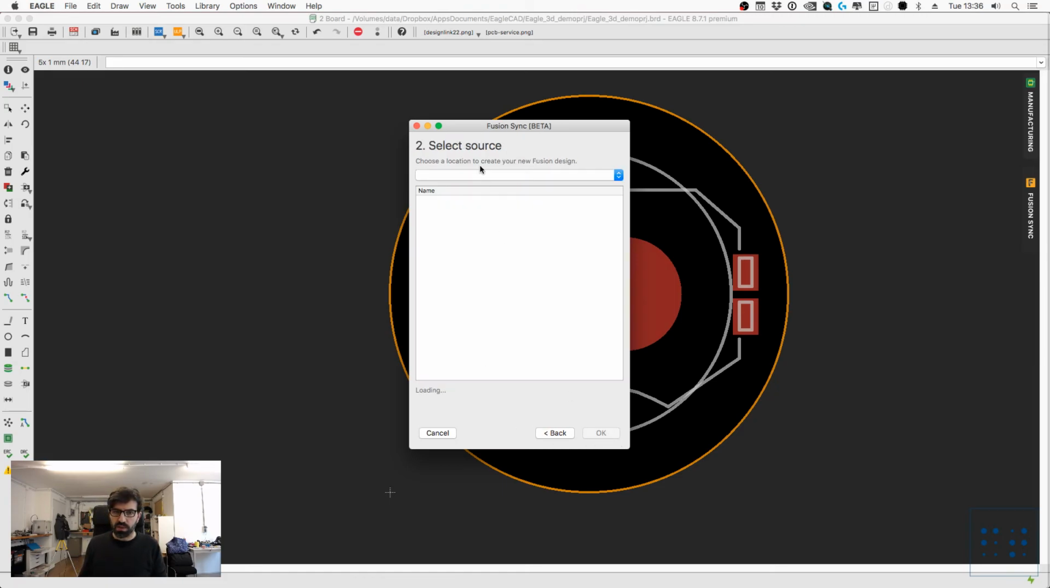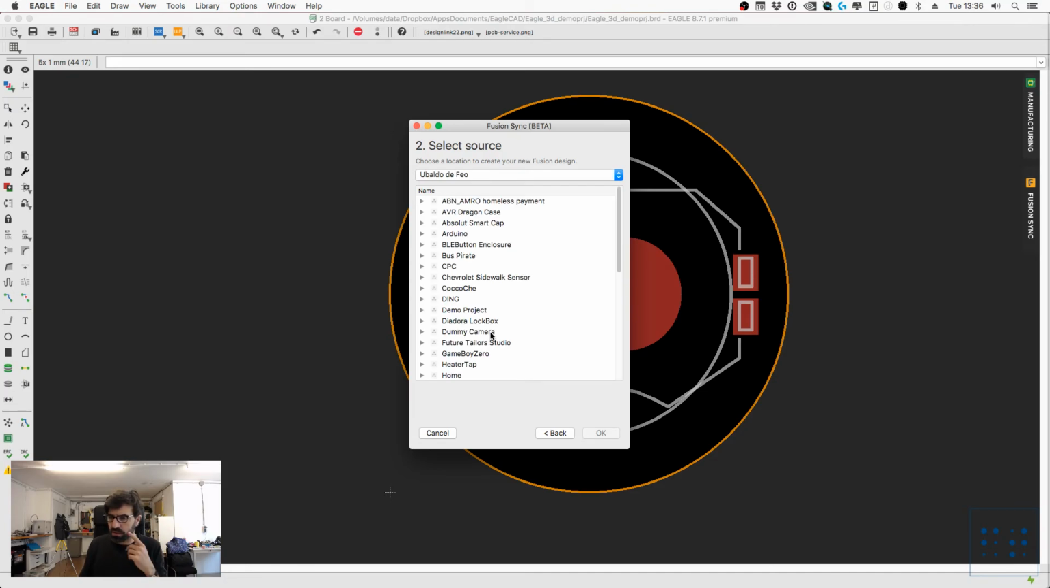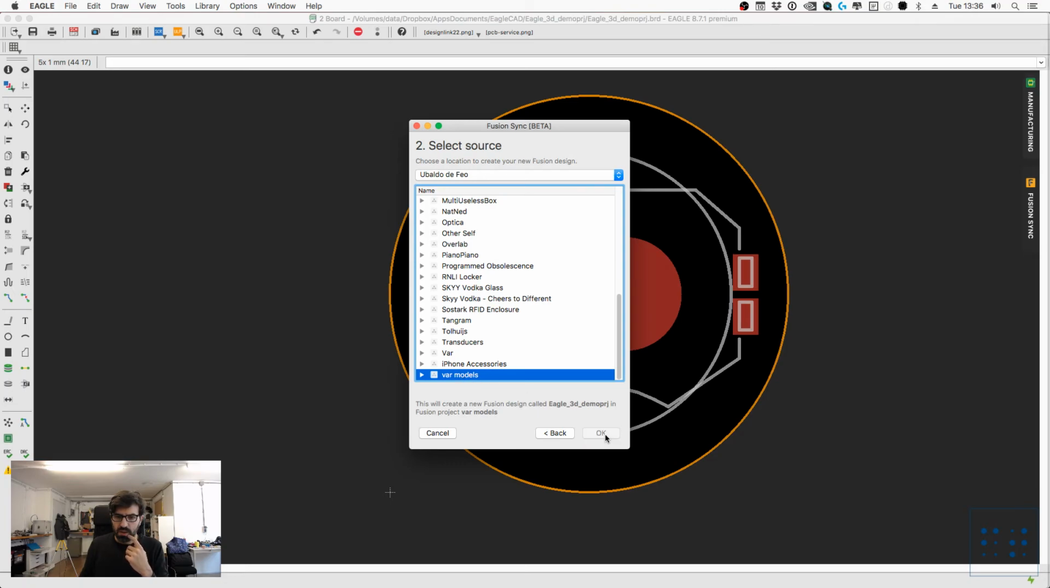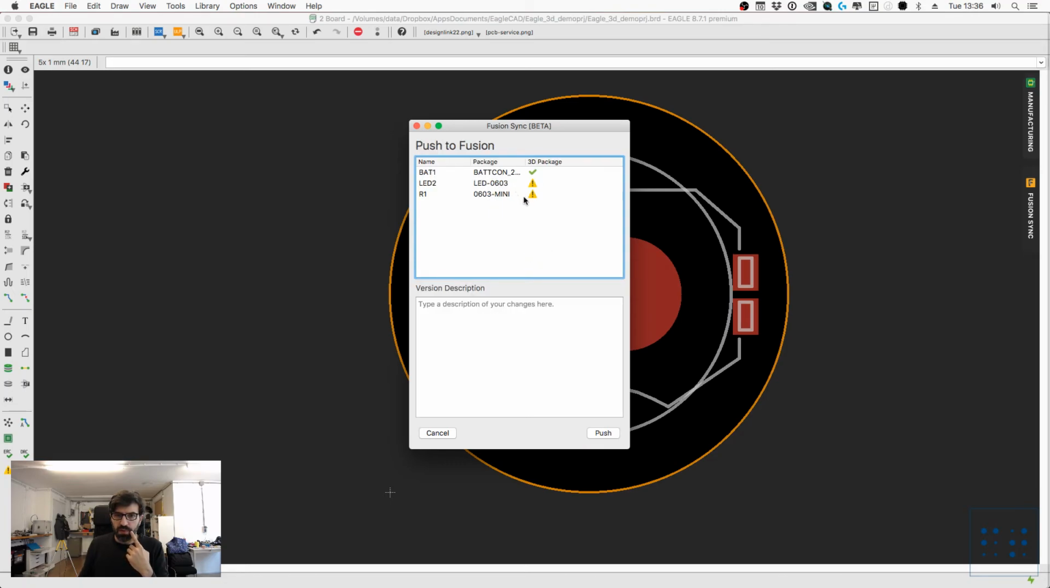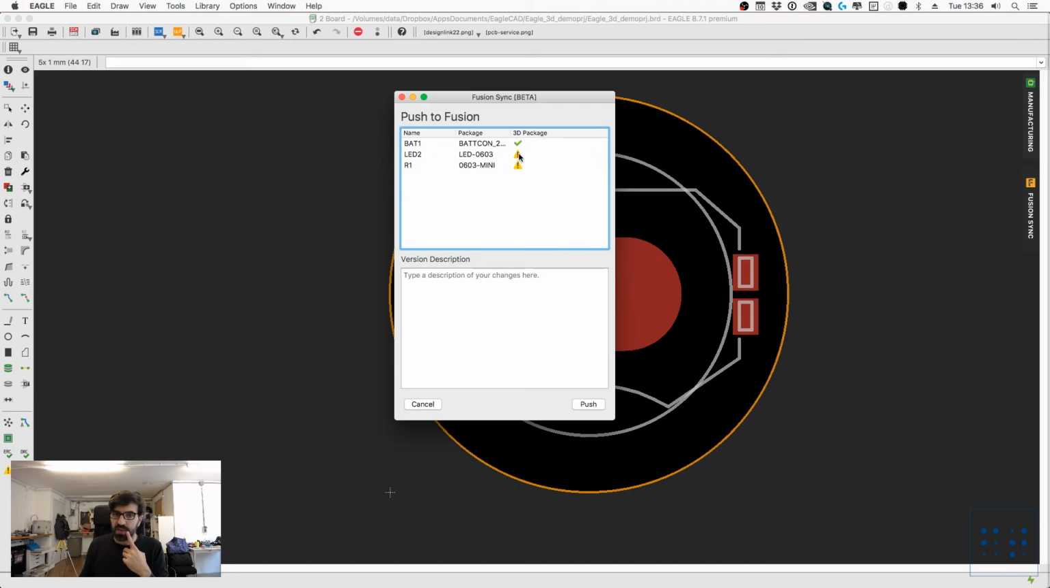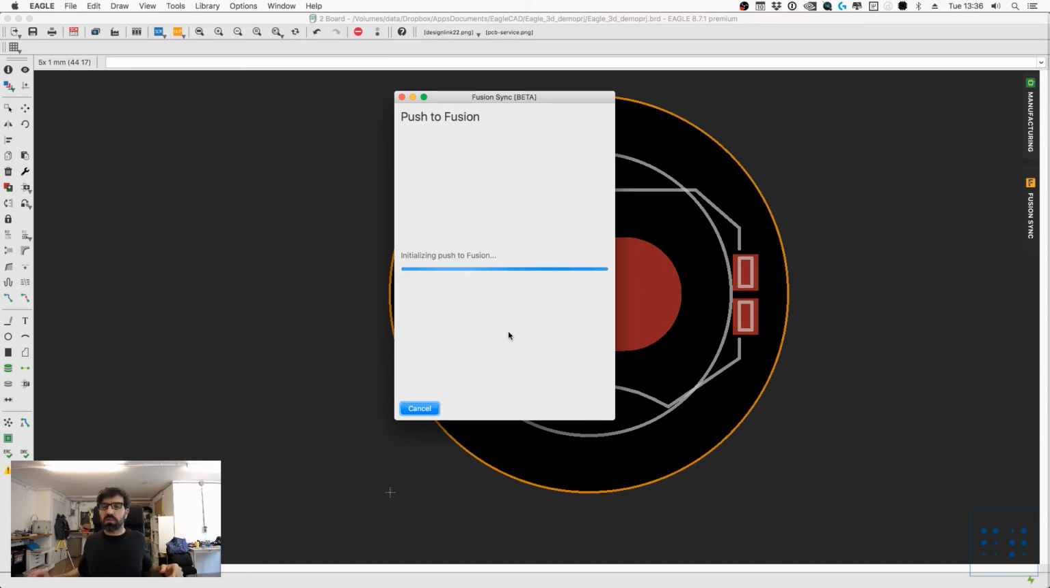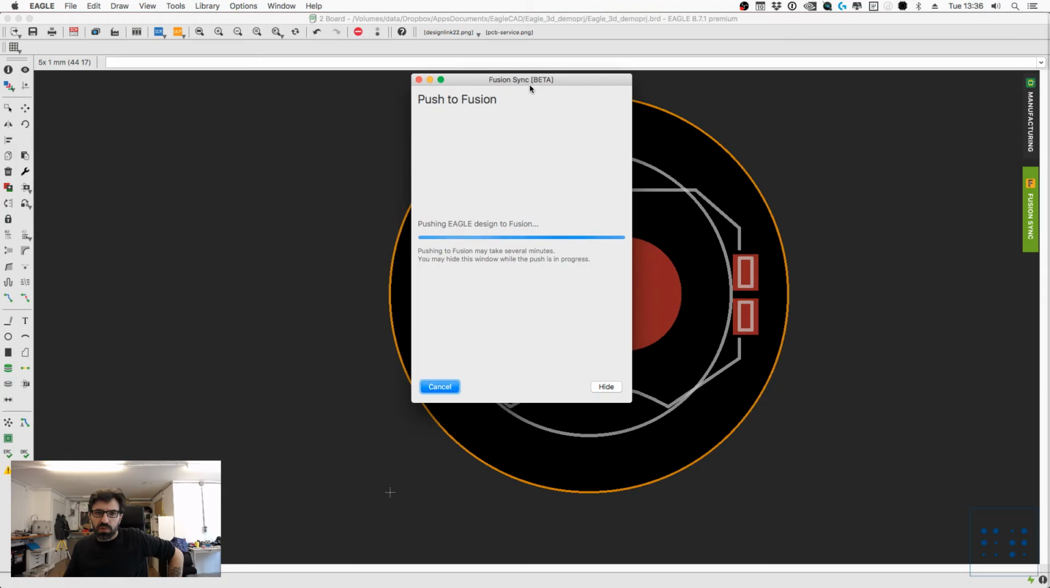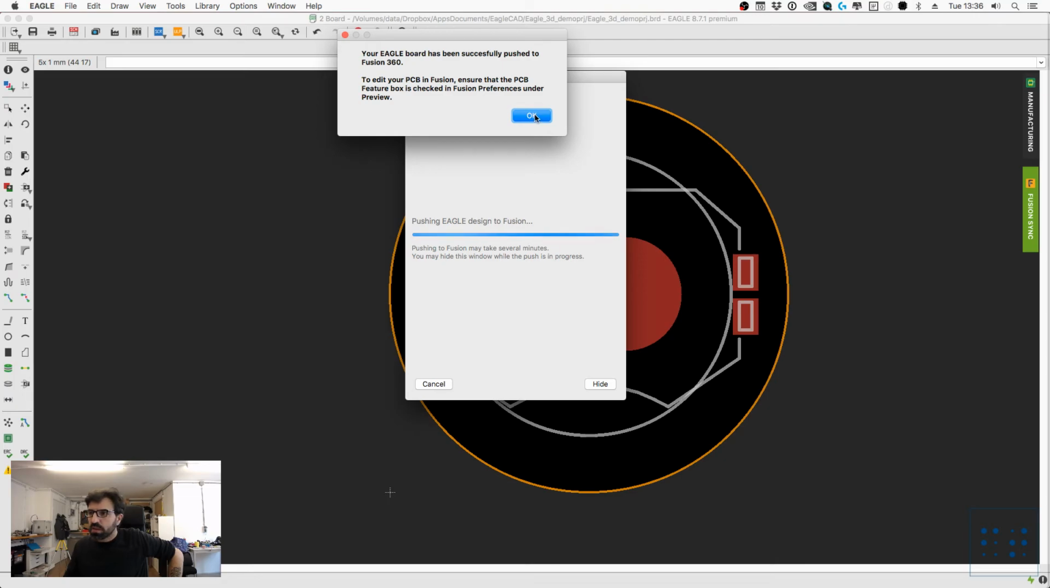So I'm going to try and create another model. Well, I'm going to try and create the same model from scratch into kind of a catch-all folder in my Fusion. The battery connector is there, the LED and the resistor are not. Still going to push it. And well, we've been recording half an hour and I think you've had enough of this. I just want to show you that at some point some of the 3D stuff ends up in Fusion,